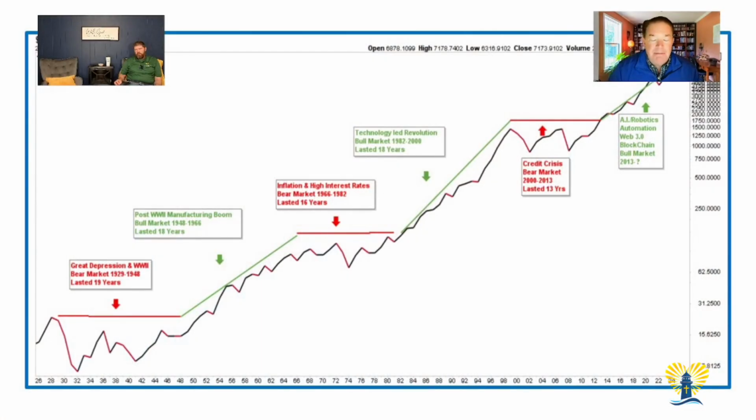If we look at the first of our line graphs that we put together, you go back 100 years, and you actually see patterns that begin to take shape. There's two types of markets from a secular standpoint. There's the secular, we'll call it either sideways, flat, range-bound, or bear market.